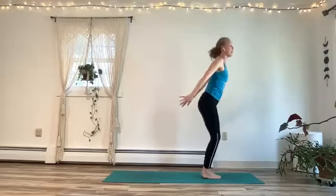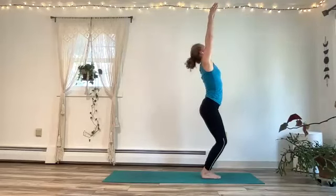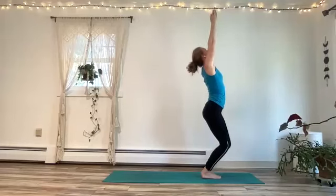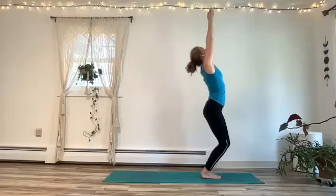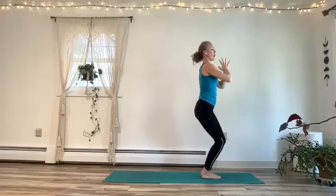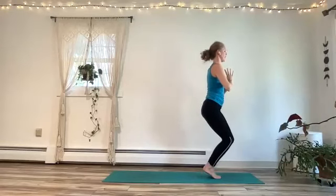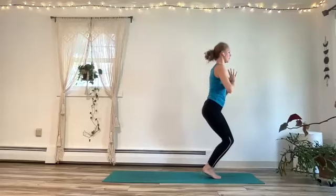So we're going to find our chair pose. Just sitting in your chair for 5, 4, 3, sink a little deeper, 2, and 1, bring the palms together in front of the heart. We're going to lift and lower the heels. Here we go for 5, 4, find your internal control, 3, 2,